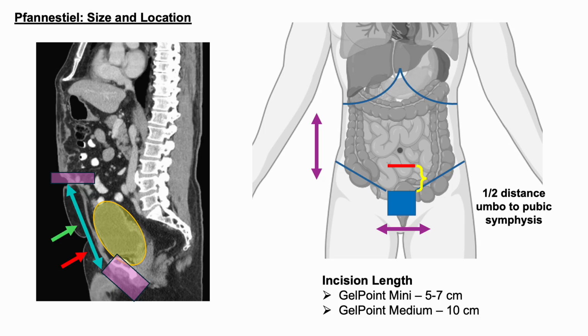I typically use the larger incision and the larger GelPoint for patients who are quite obese, or if they have bulky tumors, because I think the larger incision will make it easier to navigate these difficulties. In my own experience, I do not think that there's a significant cosmetic difference between the 5 to 7 centimeter incision versus the 10 centimeter incision. And so if there's any reason I think it might be easier with a larger incision, then I will just go ahead and make that